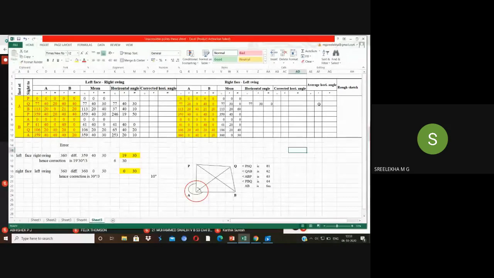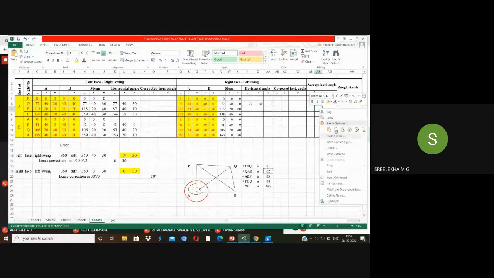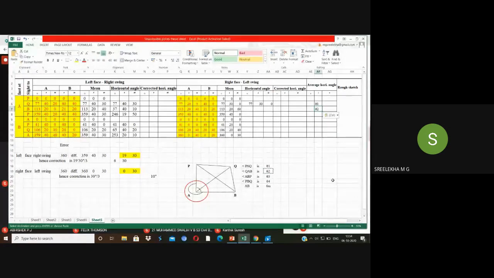For the other face also, you'll be getting a corresponding corrected horizontal angle. Take the average, whatever the average corresponding to P to Q. That is this angle. Take the average of these two values on both faces, that will be entered here. Similarly, corresponding to B, whatever be the angle, corresponding to B means it is the angle between B and Q. So there are two values you are getting from each row, two faces. Corresponding there will be horizontal angle average. So this will be your actual value of theta 1 and theta 2. Just deduce what is the angle. That will be your theta 1. And here, this average, that will be your theta 2. Is it clear? Similarly, sighting to the point B, theta 3, whatever your value getting here, sighting to the point P, what will be this angle? Theta? Anybody?